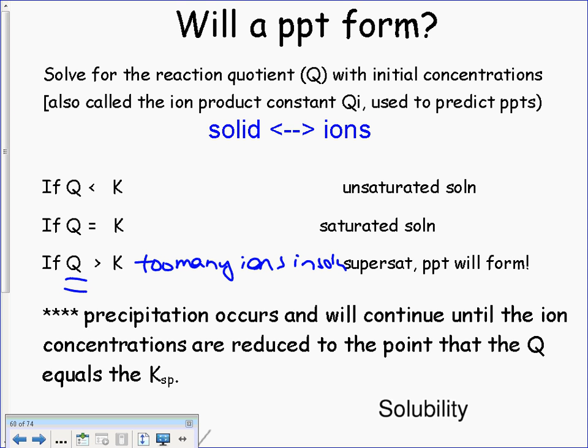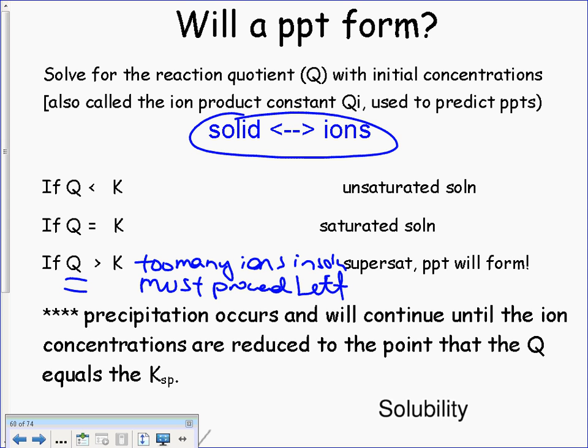And the reason why is simply because when you have too many ions in solution, you must proceed left, right? So if you must proceed left, what are you making? Ions or solid? Solid. And that's because of this generic equilibrium equation for anything that's Ksp related. So when you proceed left, a precipitate will form 100%. So if there's ever a question, like, will a precipitate form? You're probably going to have to calculate Q. If Q is greater than K, then yes, a precipitate forms, because you reference the Q number, reference the K number, and that's enough support for AP